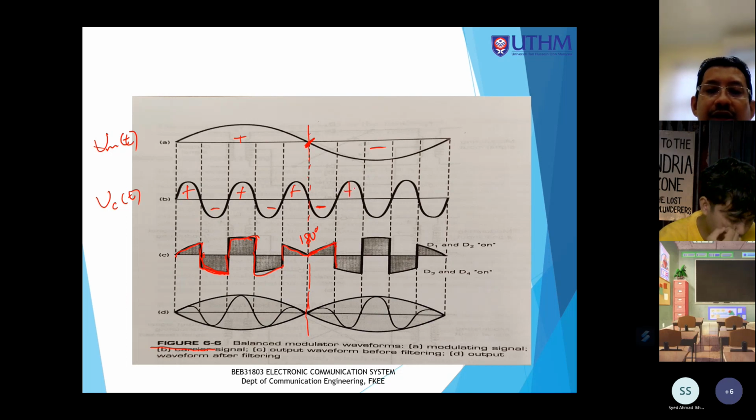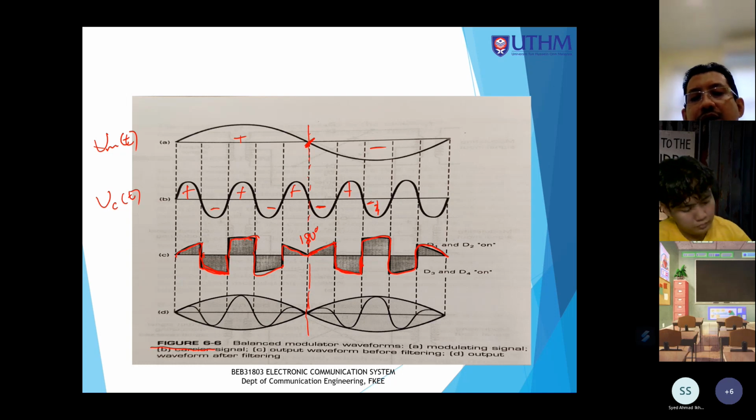Kemudian carrier bertukar polariti kepada positif. So now kita lihat D3 and D4 akan switch on. Okay. D1, D2 off. Kemudian bertukar lagi polariti kepada negatif. So D1 and D2 switch on. Dan seterusnya lah. Okay. So kalau you lihat di sini